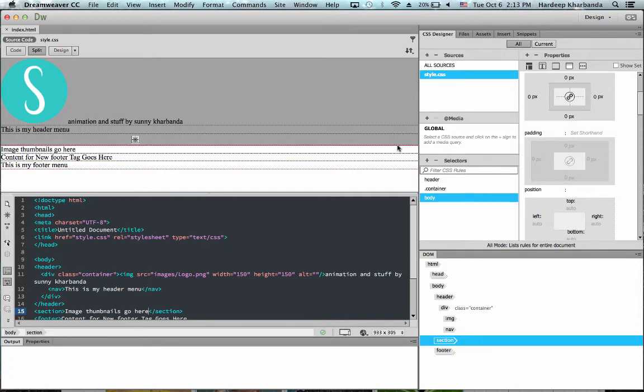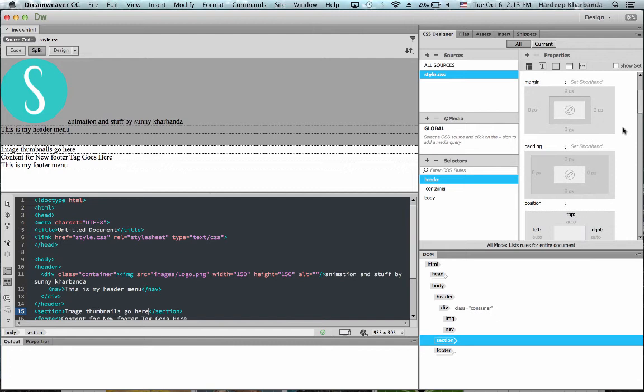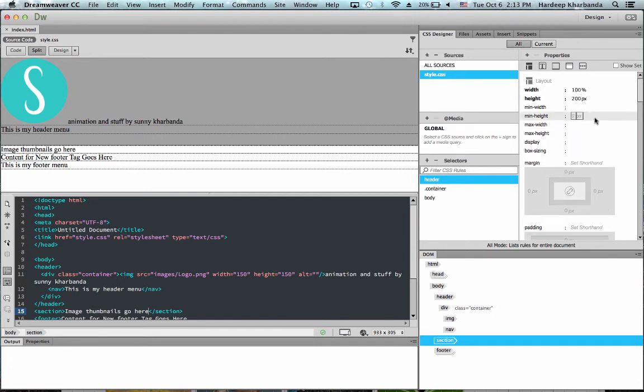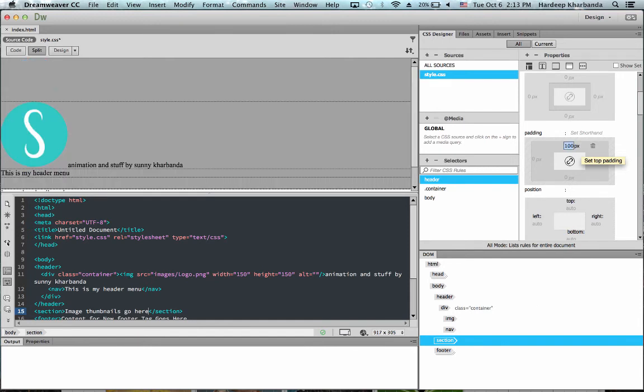So inside my header, which is here, I want to make sure I have the right selector before I make any changes. So in my header properties, as you can see, I have my width and height set. I'm going to come down to padding and set a top padding. You can set padding individually for each side of 100 pixels. Notice how that pushed everything down.